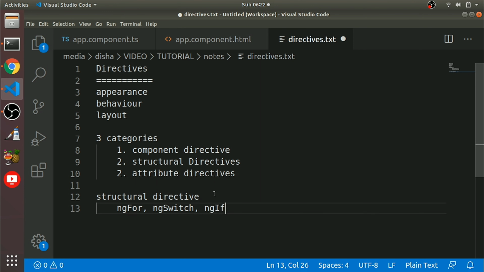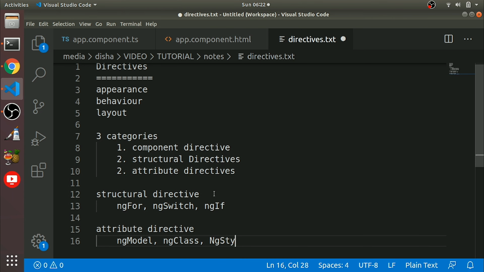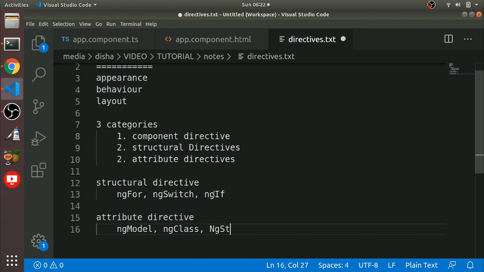Attribute directive, some of the most popular attribute directives are ng model, ng class, ng style, okay, and also we can bind our custom directive. I will discuss that in a separate tutorial. So for now we can discuss structural directive and attribute directive one by one.